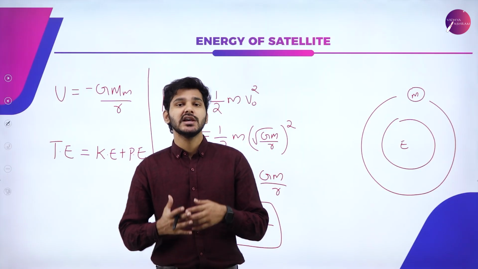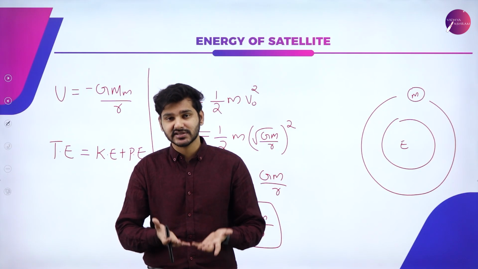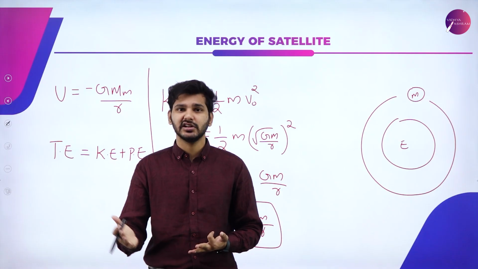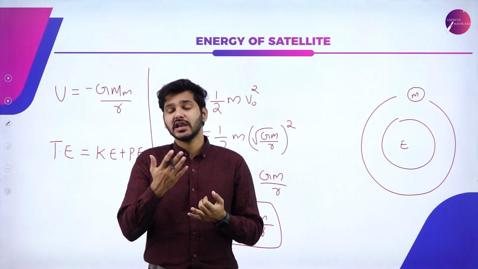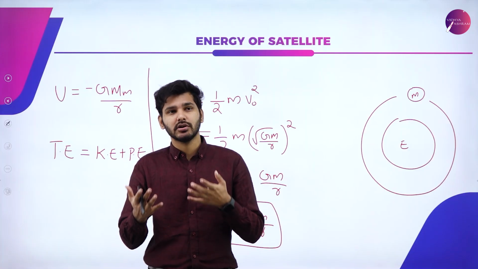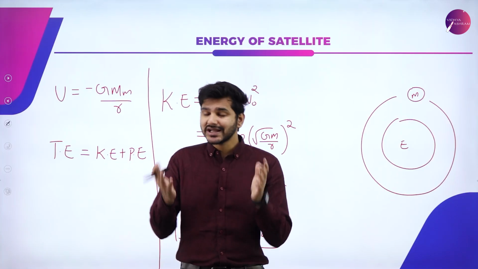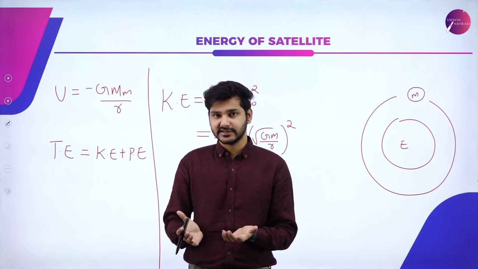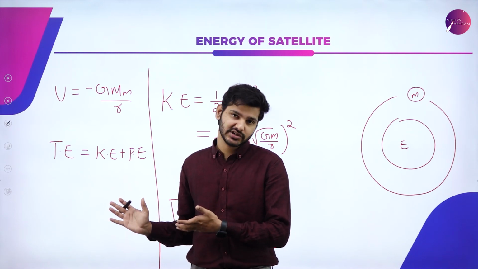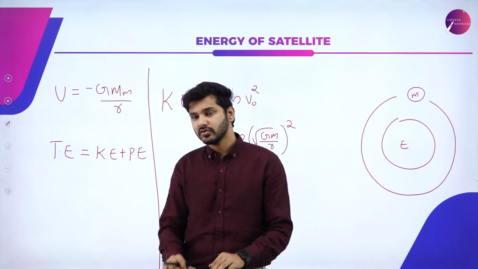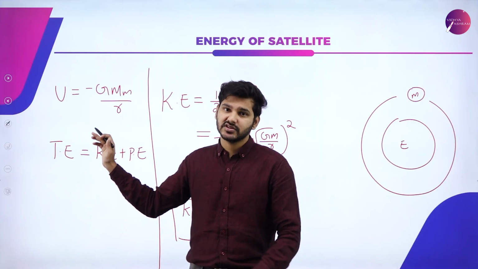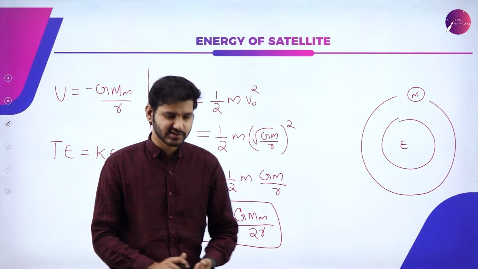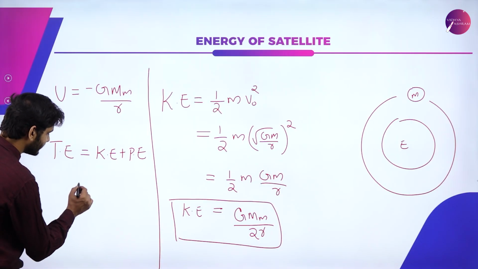Total energy of a system is actually the culmination of all the different types of energies that the system possesses. It can be gravitational potential energy, kinetic energy, vibrational energy, thermal energy, or any other sort of attractive or repulsive energies it possesses. So total energy of a system is actually equal to the net energy contained in that system. But here I am only considering kinetic and potential energy because only that much is necessary for our calculations. So again, this can be written down as